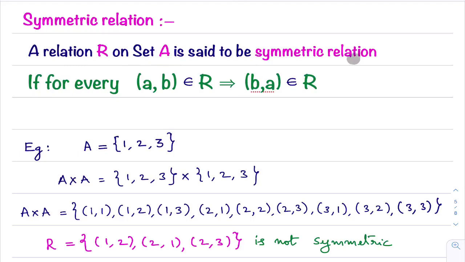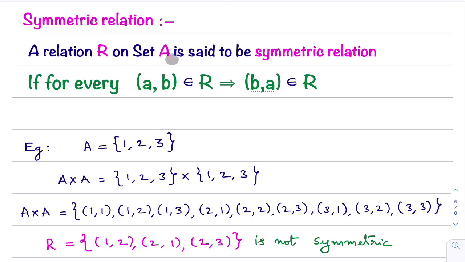When we say it is a symmetric relation, for every ordered pair in the given relation, this is important, for every ordered pair A comma B in the relation, not in set A. It is not like reflexive. What is a reflexive relation? For every x belongs to set A, ordered pair x comma x belongs to the relation. But here you take one ordered pair from the relation. You take an ordered pair A comma B in the relation. You check whether the ordered pair B comma A is present in the relation or not. If ordered pair B comma A is present in the relation, then we say the relation is a symmetric relation. You can understand this with an example, do not worry. First of all, try to learn the definition. What is a symmetric relation?